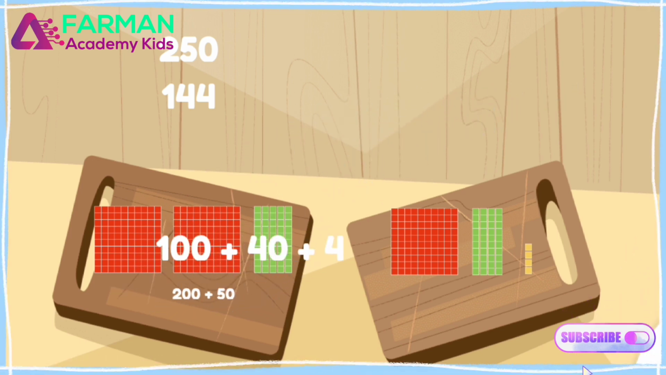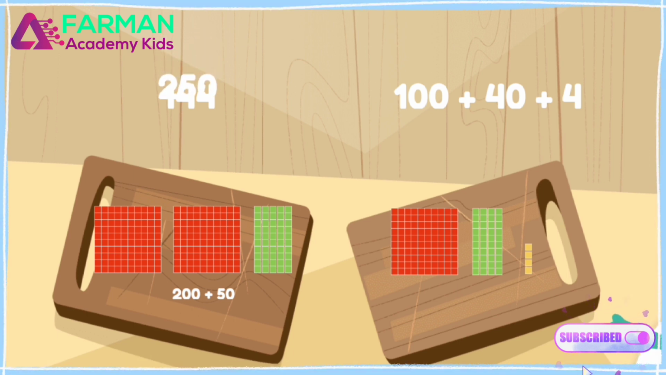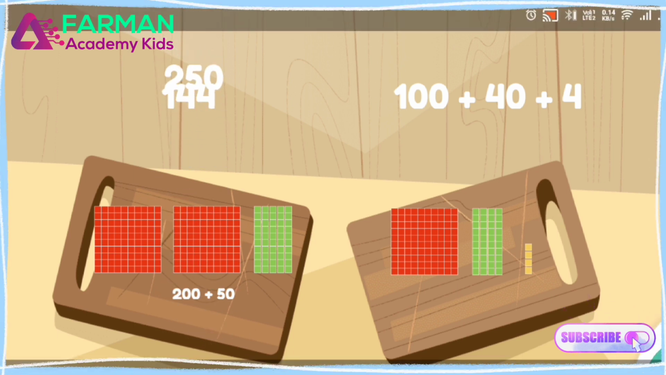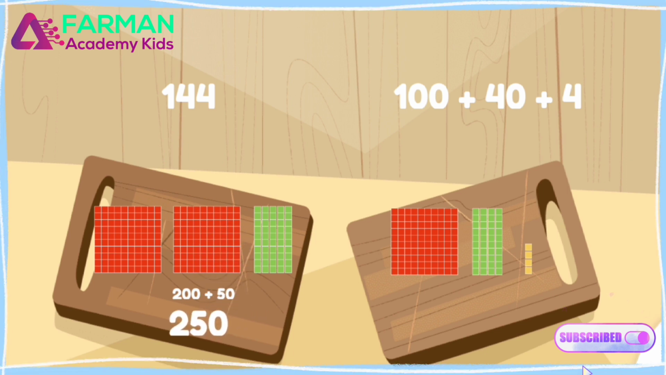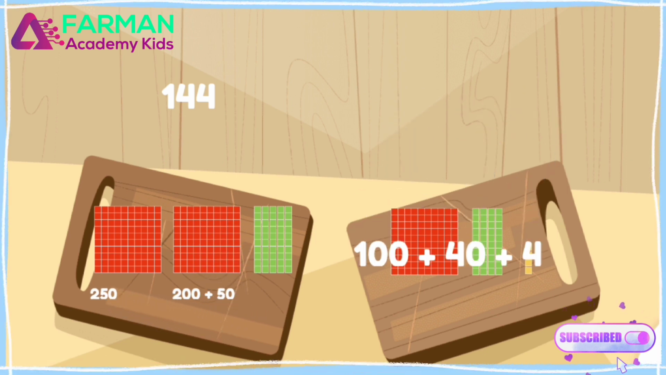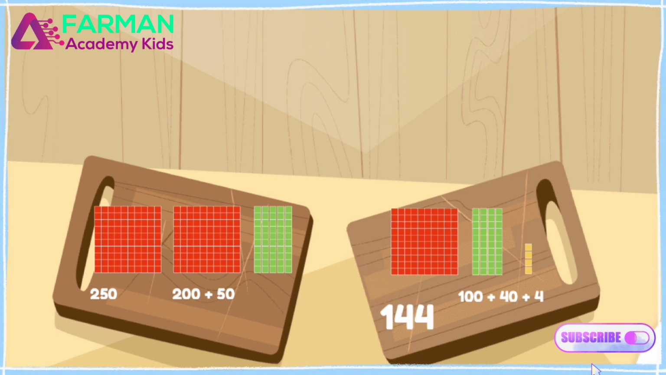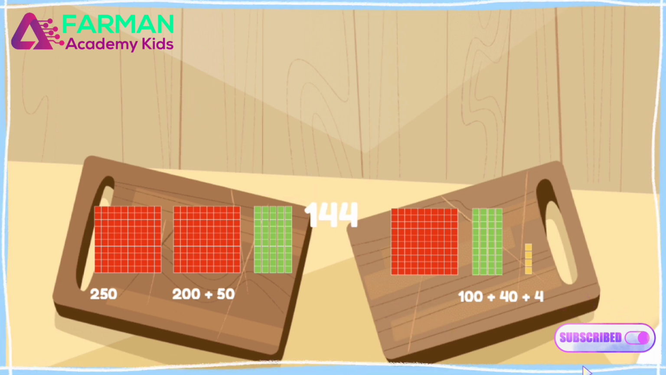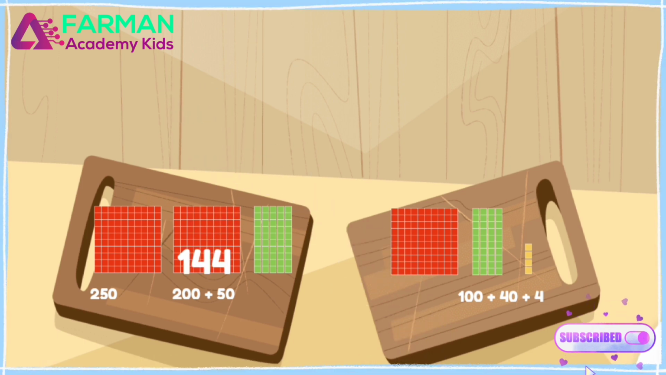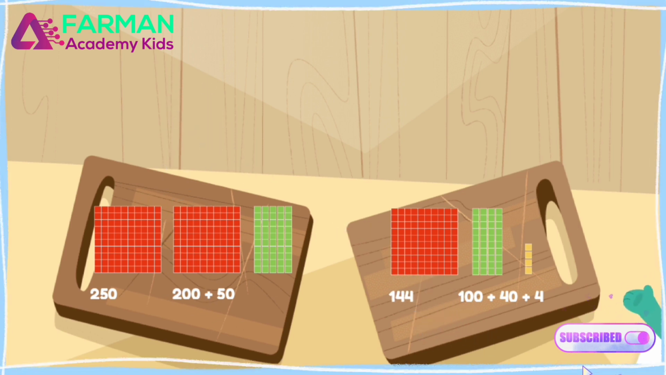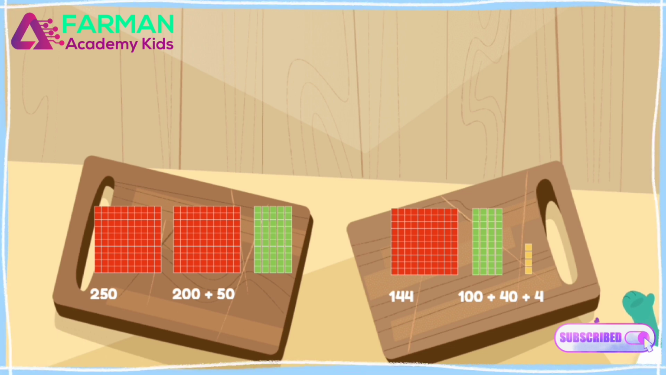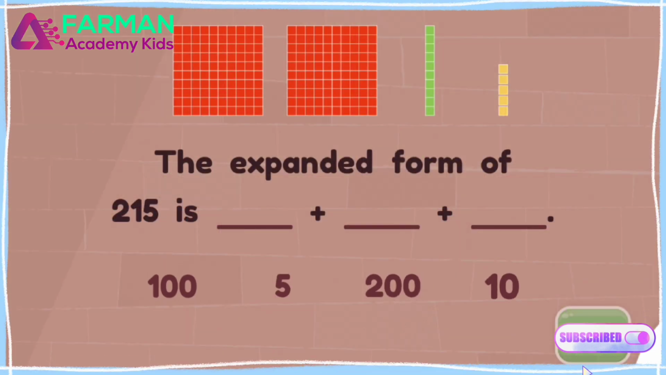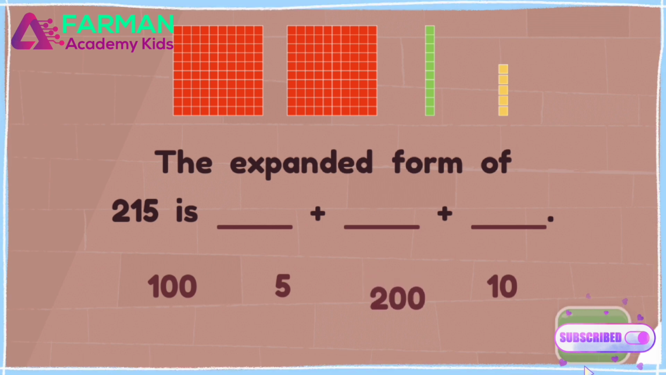Look at the flats, rods, and blocks. What numbers do they show? Drag the expressions to the matching picture. Look at the flats, rods. There are so many ways to show the same number. The expanded form of 215 is